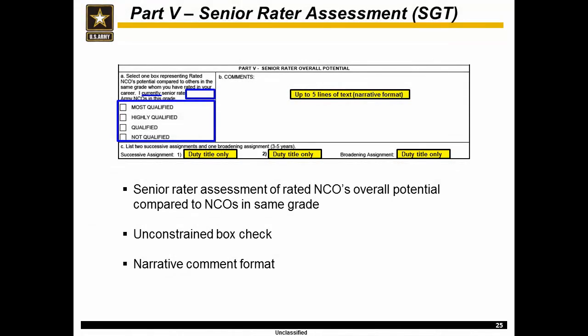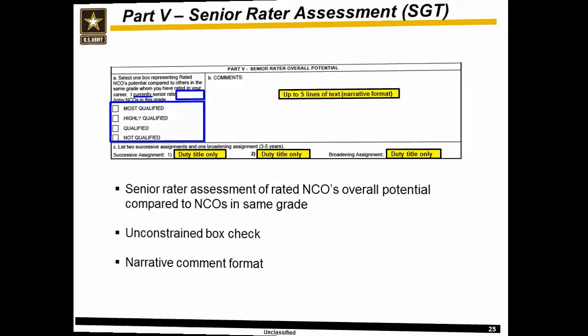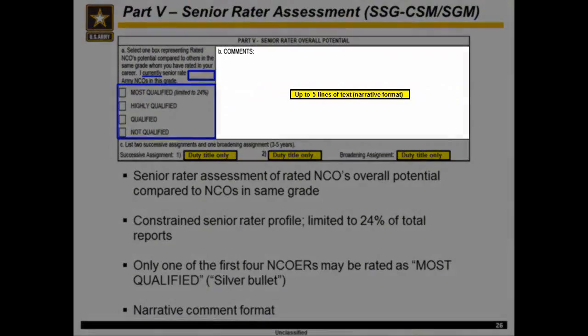The senior rater's comments will be in a narrative format, and the rating official may enter up to 5 lines of text. The senior rater may enter up to 5 lines of text in narrative format in Part 5,